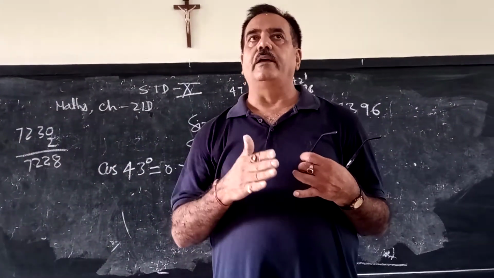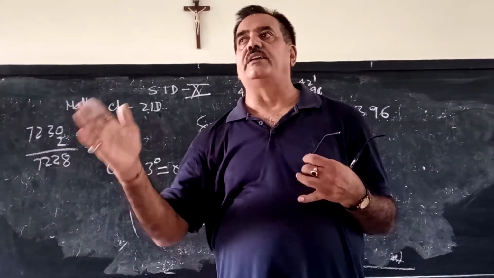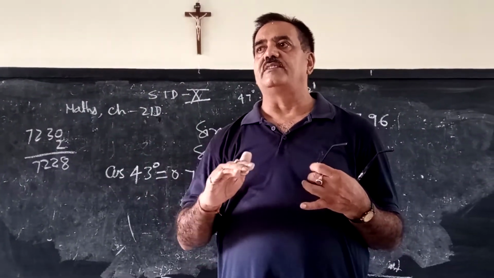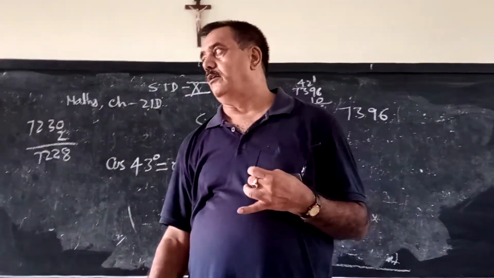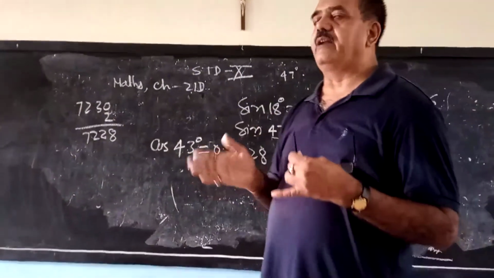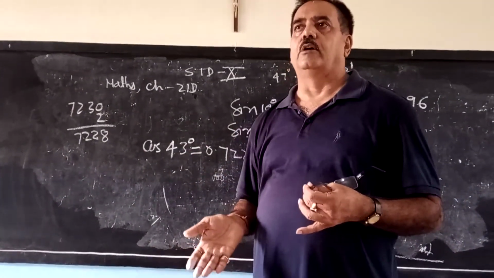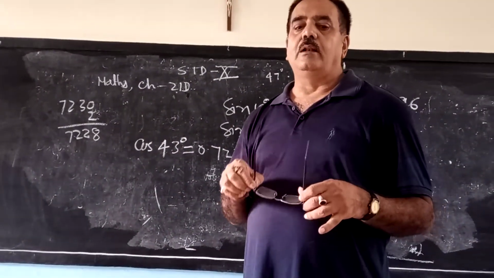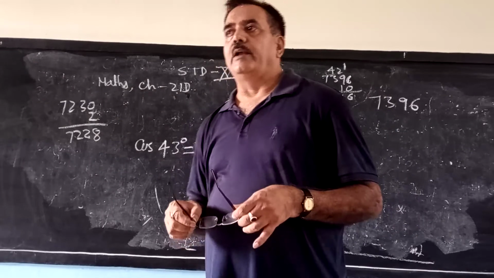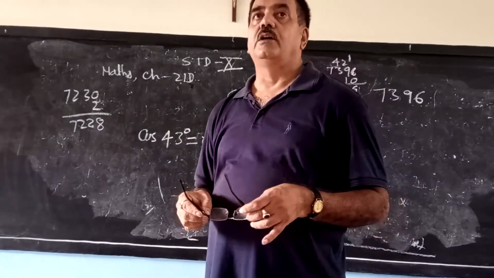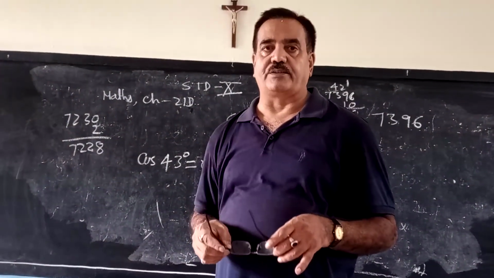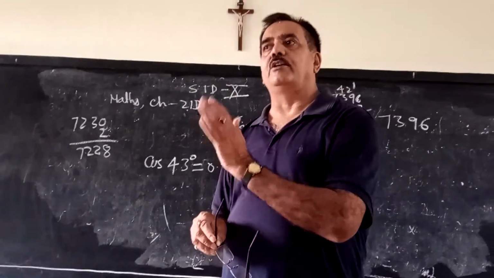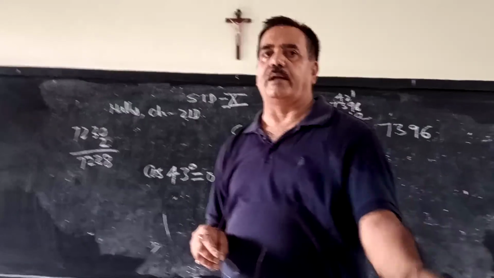So in whichever trigonometric function the value is increasing, we have to add the mean difference value. Where it is decreasing, we have to subtract the mean difference value. So in sine and tan we have to add the mean difference value, but in cos we have to subtract it. You will use this when you solve questions of height and distance in trigonometry, where an angle other than the standard angle is given and you have to find or write the value. Thank you.